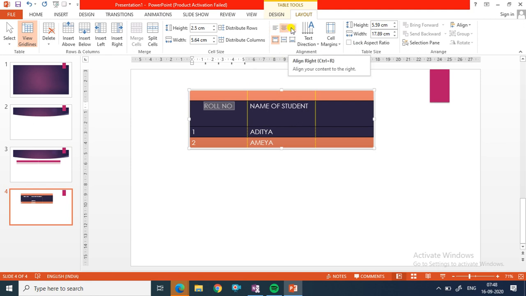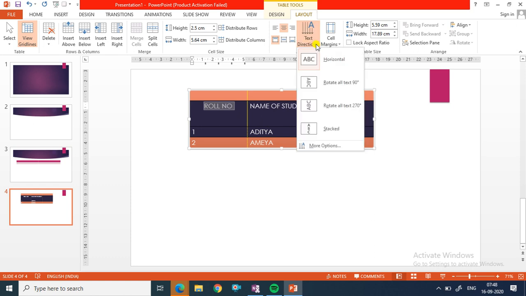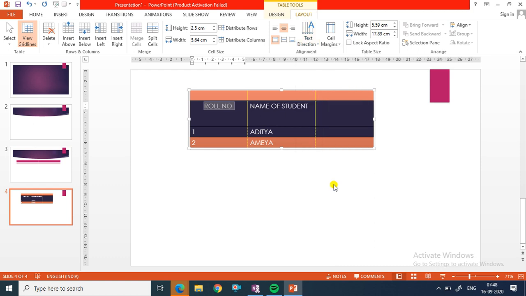Now if you want text on right side, just click on right alignment. If you want in middle, so in left, just click on left. Okay. Now text direction is also given there. You can place your text horizontal, rotate all text 90 degree, rotate all text to 70 degree, and you can stack your text like this. Okay, so this is what all about the alignment.